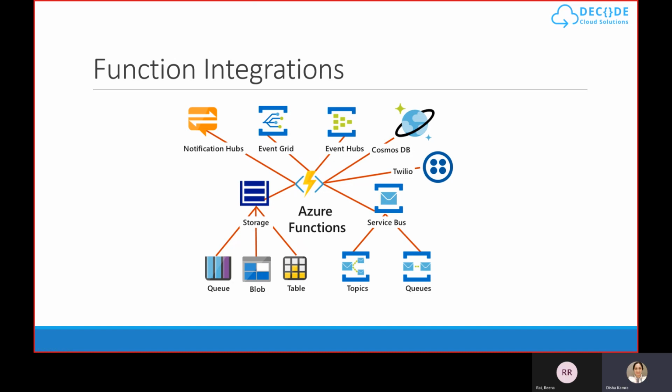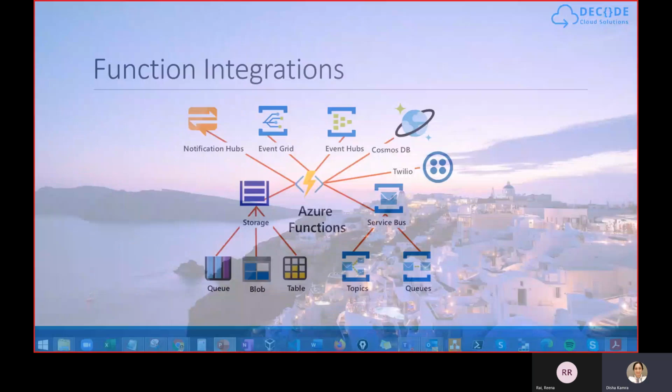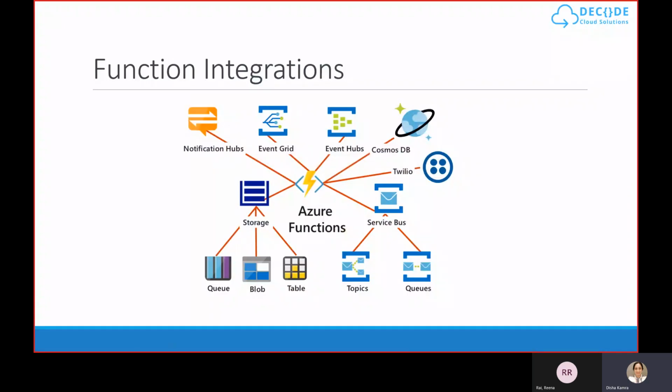We can talk about this Trello, which is an SMS message. We can talk about the Cosmos DB. We can talk about the Event Hub and anything which you are able to see in here. So that's very clear, really very clear what kind of things we are talking about in here. So basically, when we talk about the integration, it is provided by the various Azure and third-party services. So going forward in there,